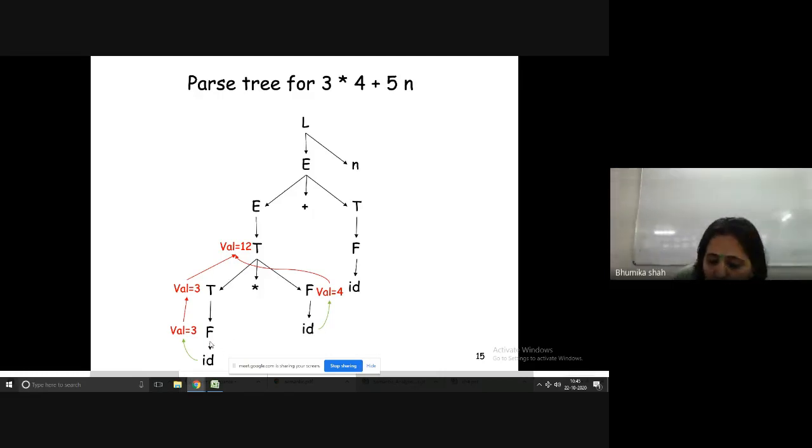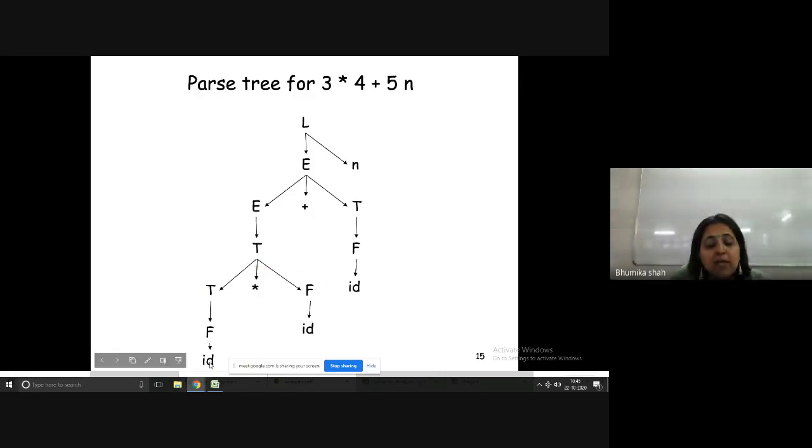Let me go back and explain again whether it is bottom up or not. You will understand. The value is assigned from the child. If you observe what we have said, the terminals will always have synthesized attributes. So the value is assigned over here first of all to ID. Now F.value is equal to id's value, id.lexval.